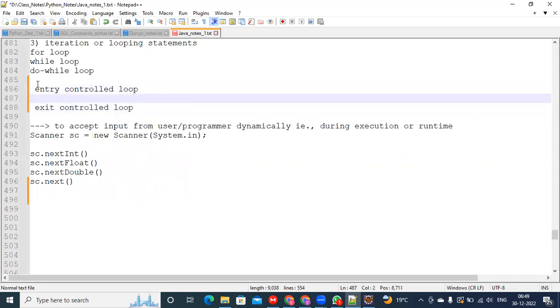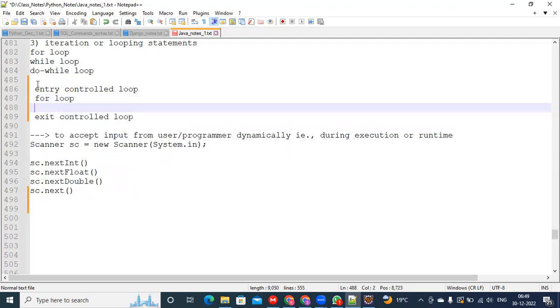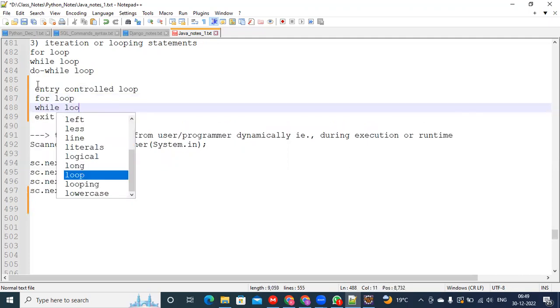Here, for loop and while loop come under entry control loop,